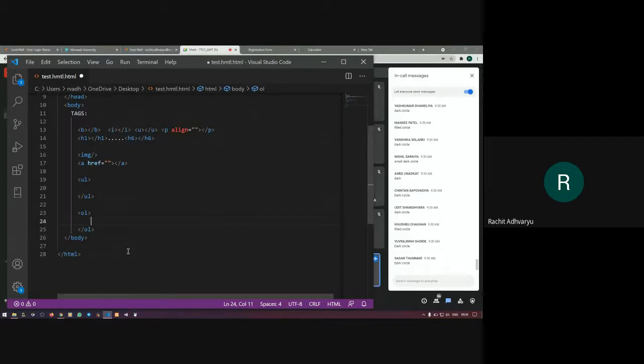Now, if I want to change it to, let's say, a square, then what do I need to do? What code do I need to write down? What code will I write down if I want to change it? No, Sagar, that's incorrect. Udit, that is also incorrect. Parth, that is incorrect.